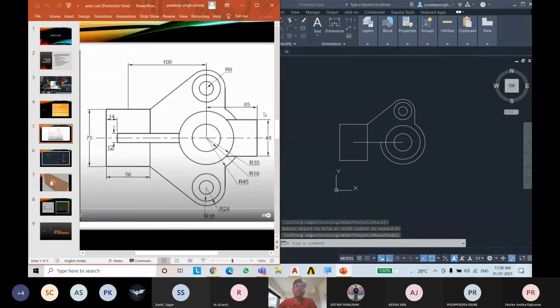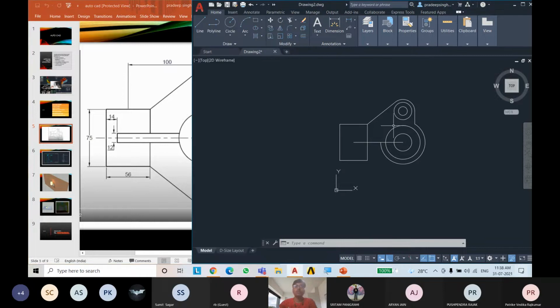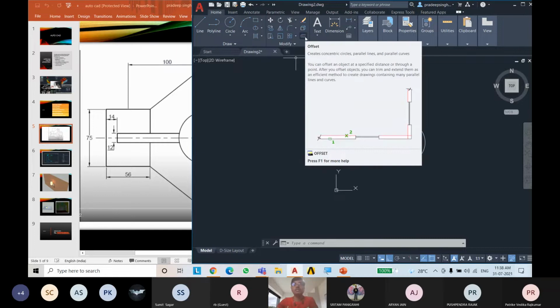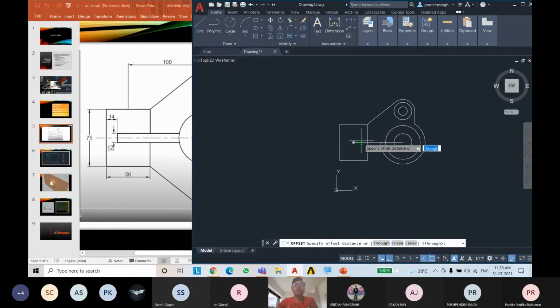So now you can see that there is some rectangle shape here and in the middle. So now we will draw these rectangles. We will be using this modify option, offset. It just offsets a line to some distance, like you can see if I draw a line here and use this offset command. If I want to shift this line 20 mm to the right side, we can use offset. Just go to the offset command.